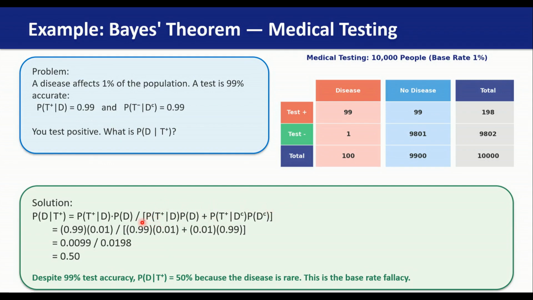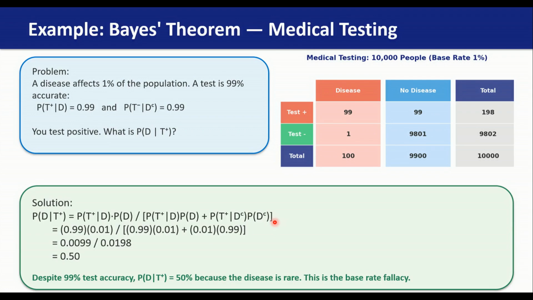We add two parts to get P of T plus. Part 1, true positives. People who have the disease and the test is positive. P of T plus given D times P of D equals 0.99 times 0.01, that equals 0.0099. And part 2, false positives. People who don't have the disease but the test is positive. P of T plus given not D times P of not D equals 0.01 times 0.99, and this equals 0.0099. Total P of T plus equals 0.0099 plus 0.0099